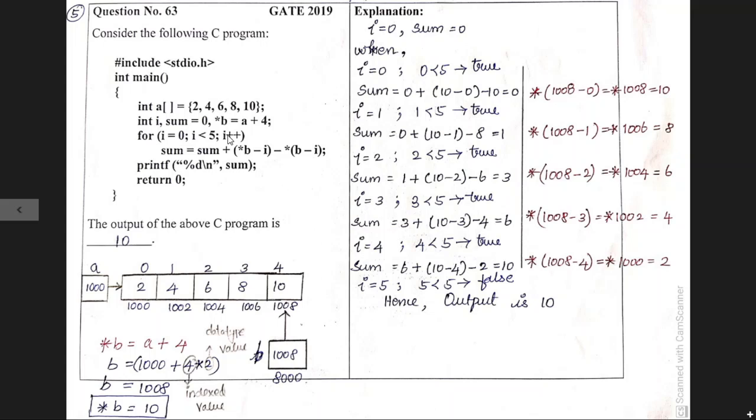Now i got incremented from 0 to 1. Now I need to check the condition, 1 less than 5. That is why I have written here 1 less than 5. The condition is true, so the cursor moves inside the for loop. Inside the for loop we have one statement, the sum statement, so I need to substitute the corresponding value for each variable. Sum is equal to 0 plus